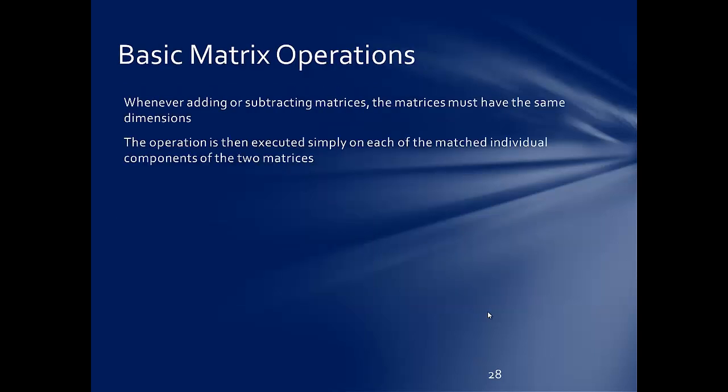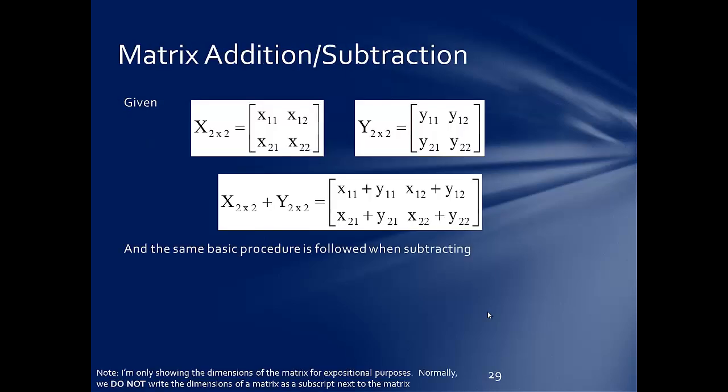Whenever adding or subtracting entire matrices, the two matrices must have the same dimensions. The operation is then executed simply on the matched individual components of the two matrices. So for instance, if we have an X and a Y matrix, both 2 by 2, if we wanted to add the X and Y matrices, you would simply add the elements. So x11 would be added to y11, and that would give you the first element of the new matrix. Similarly, if you wanted to get the element in the first row, second column, you would take x12 plus y12,